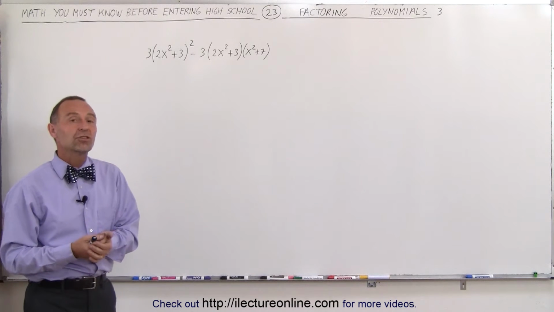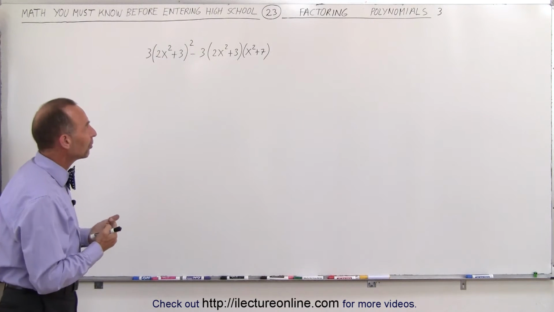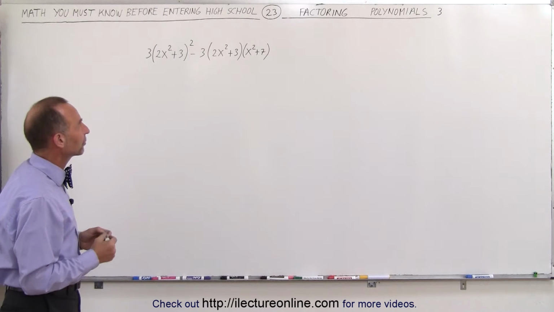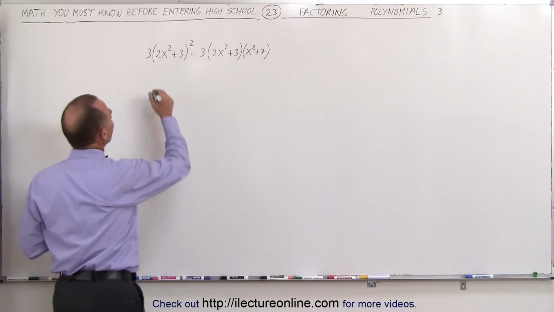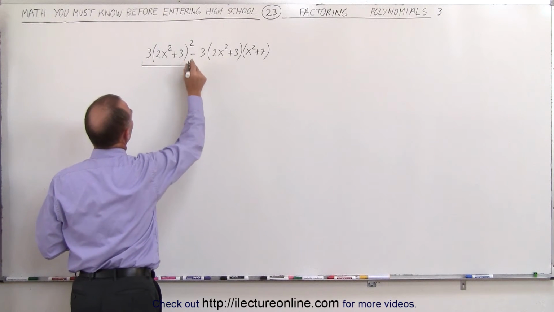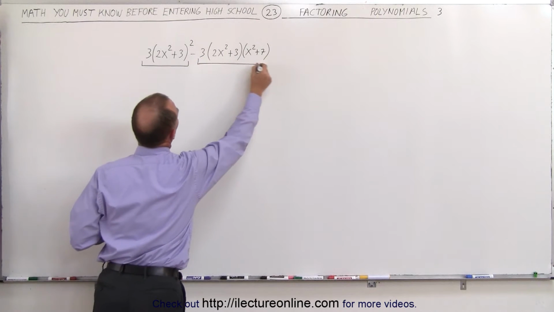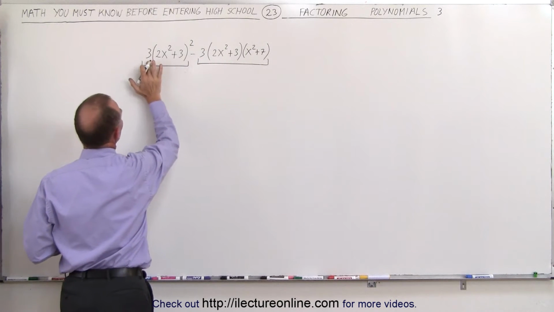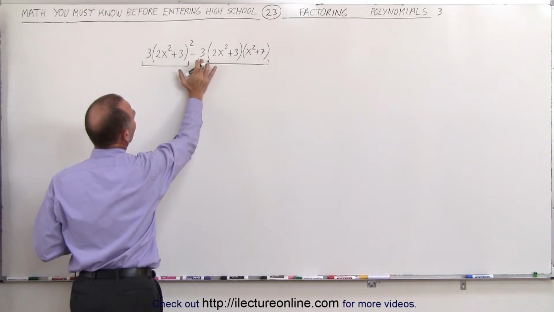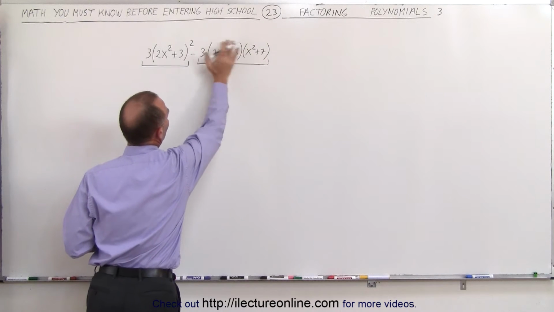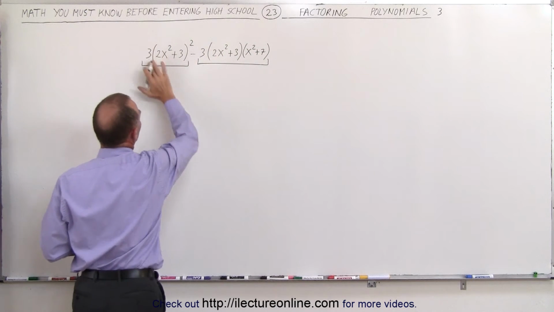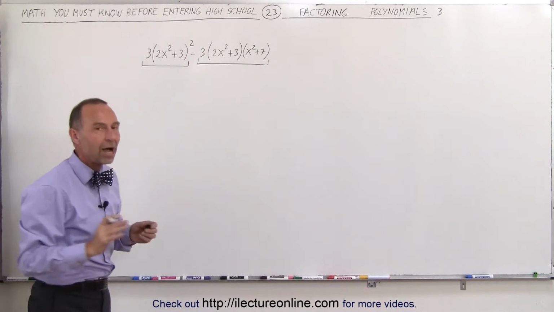Again, you can end up with an expression like this after you work out a problem, and then the expectation is that we simplify things as much as possible by factoring out any common factors. You have to recognize that there's two terms. Here's our first term, and from that is subtracted this second term. Notice that 3 is multiplied times this, and the 3 is multiplied times this and times this. So this belongs as one term, this belongs as one term, and we need to see what's common between those